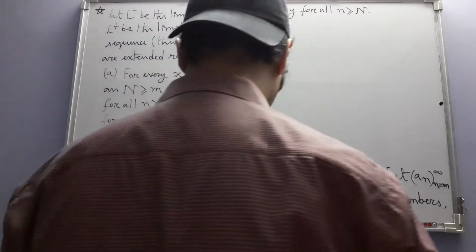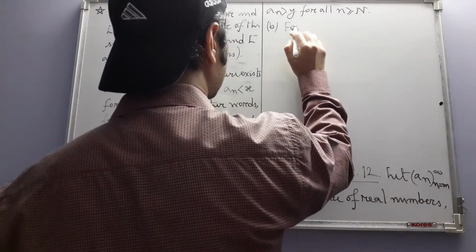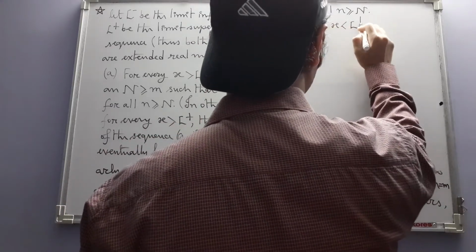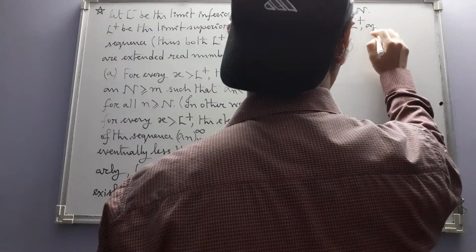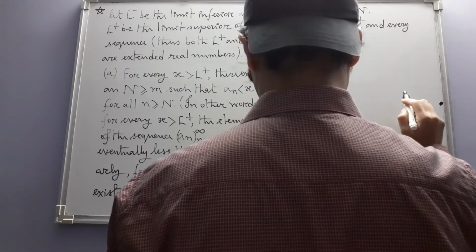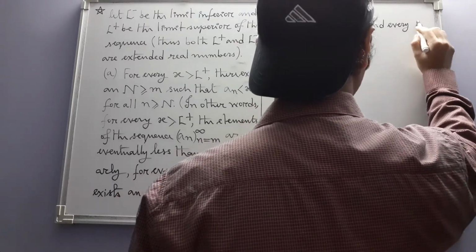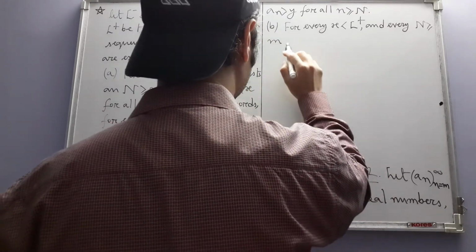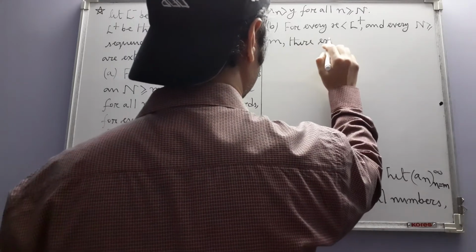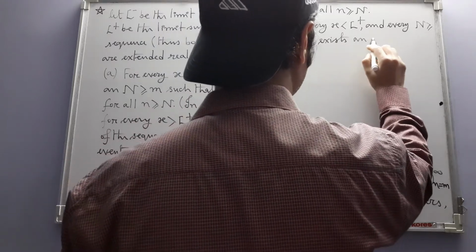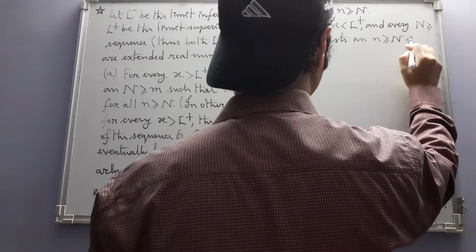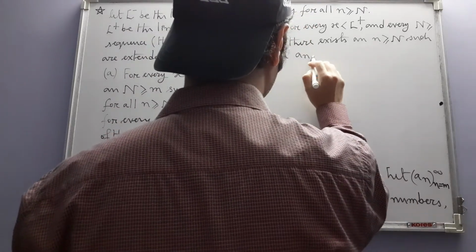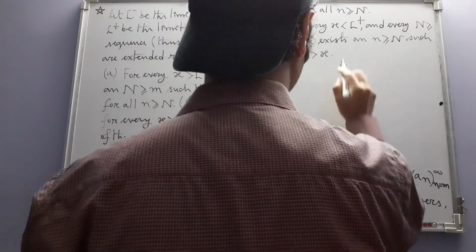B, for every x less than, this time less than L plus, and every integer n greater than or equal to m, there exists an integer n greater than or equal to capital N such that an is greater than x. In other words,